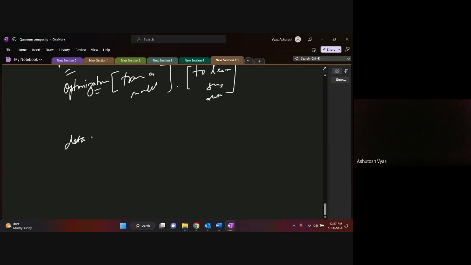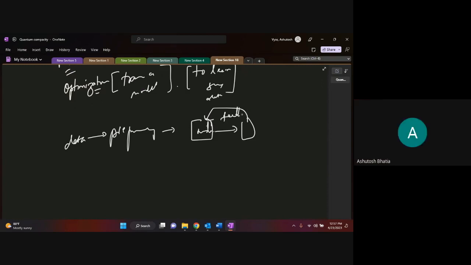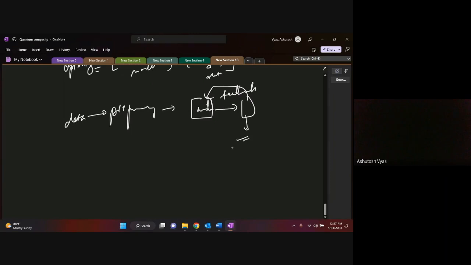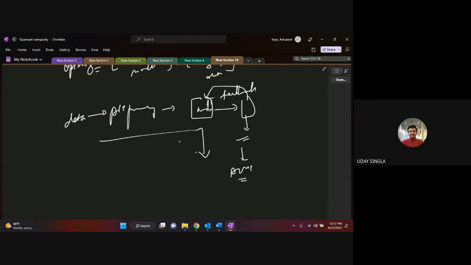Generally speaking, all your machine learning models look like this. You have your data, you perform some pre-processing, you put your data into a model, and this model goes into some type of reverse feedback mechanism until you get acceptable accuracies or KPIs, and then you are done. You guys would be building some deep learning, machine learning models, right? So this is the general mechanism of doing it, correct? Yes, sir.